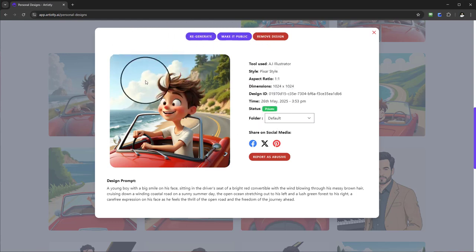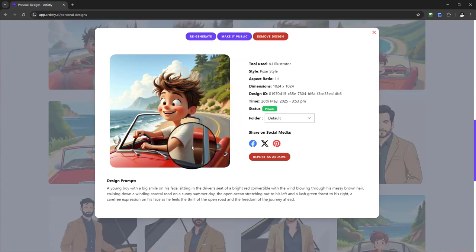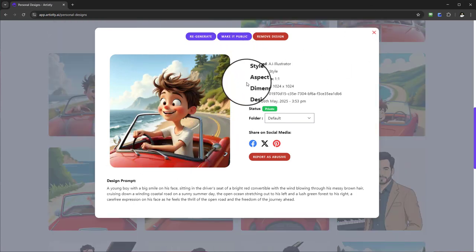Now, depending on the particular style that you've created, you'll see on some instances you can regenerate, make it public, or remove the design or delete. And I'll explain what it means by making it public. Okay, so on the design, you'll be given information: the tool that was used, the style in which it was